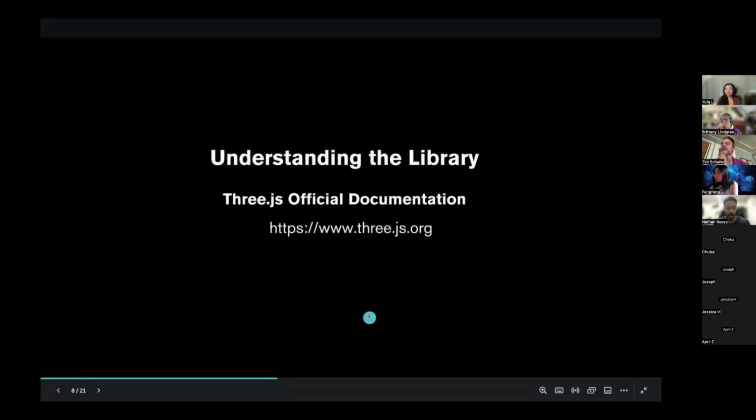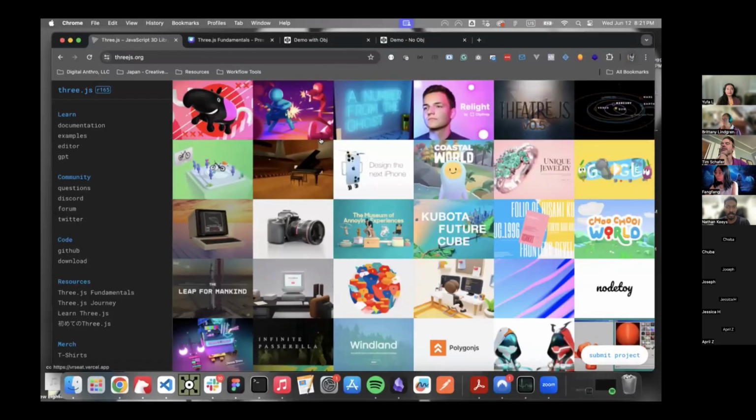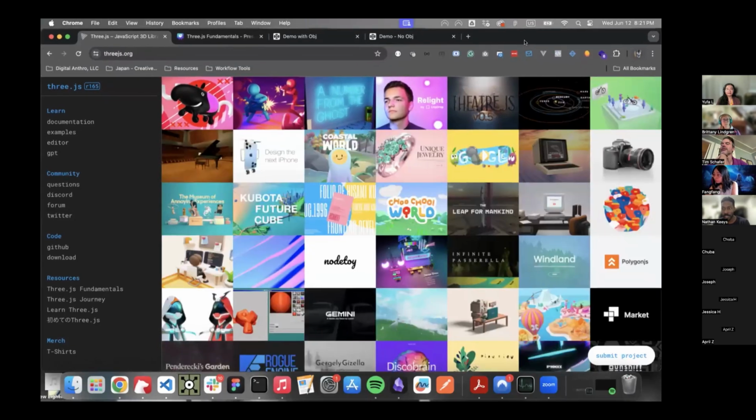All right, we are going to give the Three.js documentation a little bit of time. Let me see if I can switch over. Okay. Can you see the documentation page? Yep. Okay. All right, so not going to take too much time in here, but just going to highlight a